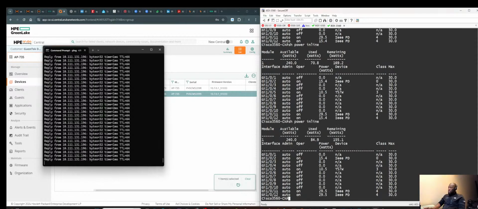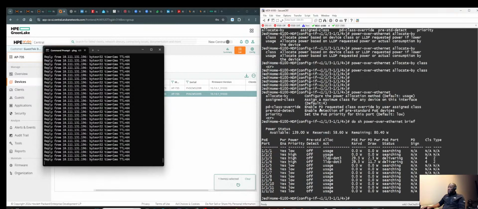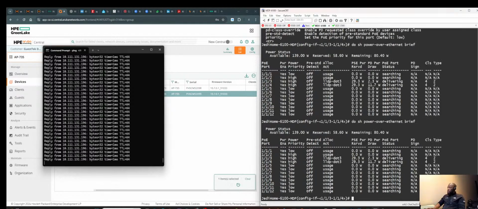But this one is already doing 29.5 on each port. The max is 30 watts, so it cannot go any higher. But this one is doing 29, but only delivering roughly 14 watts. So my problem is now that is where,